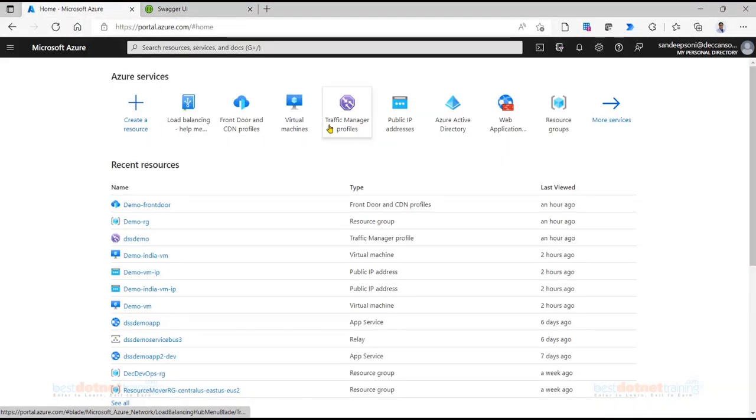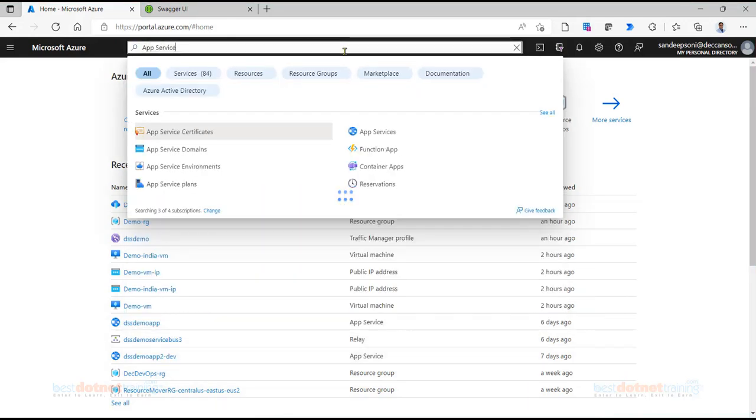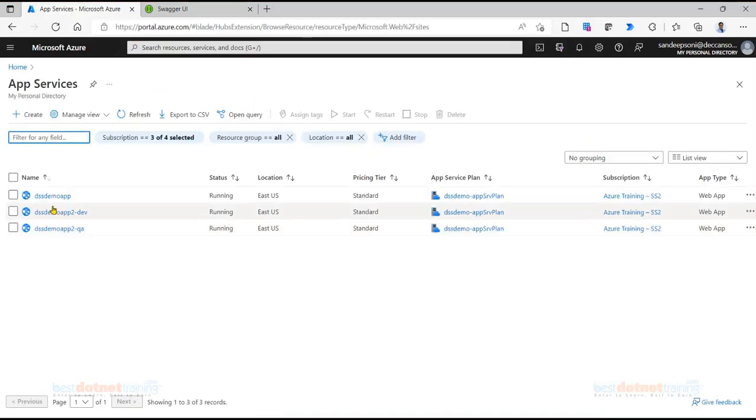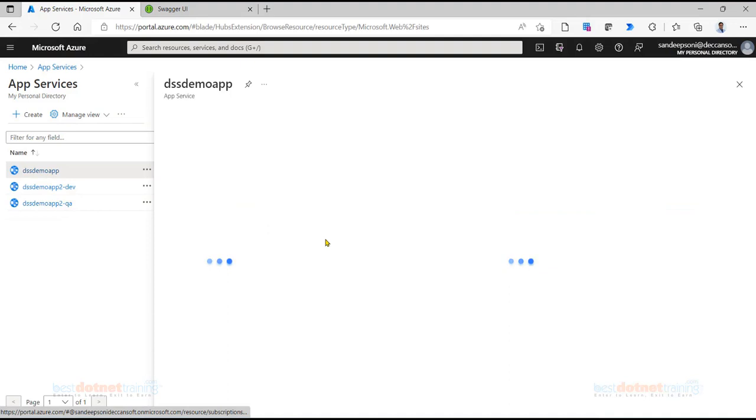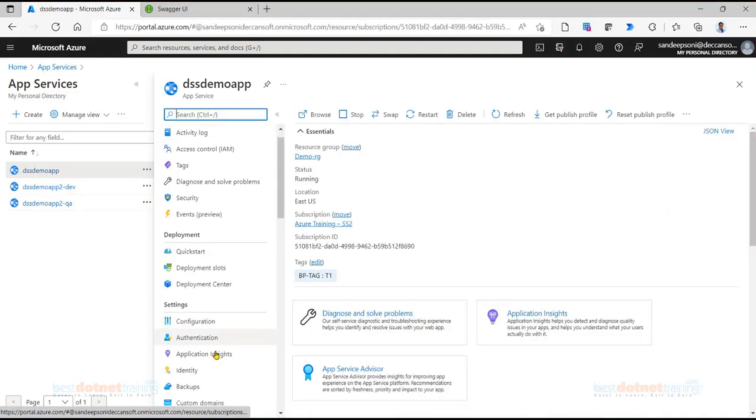go to app services, select the app service, go to networking.